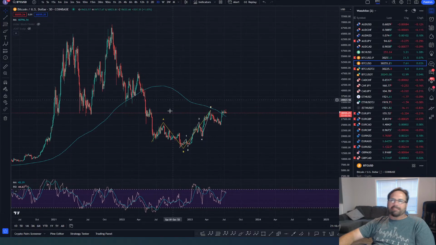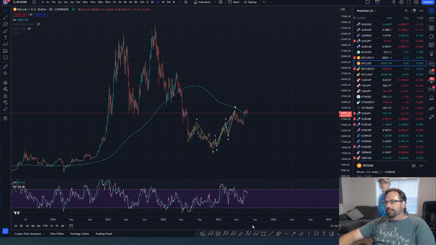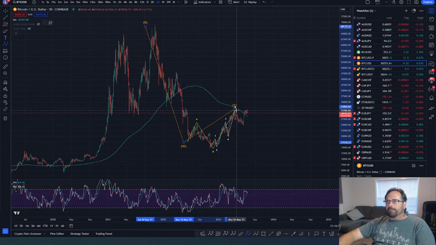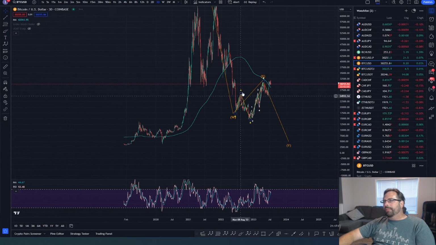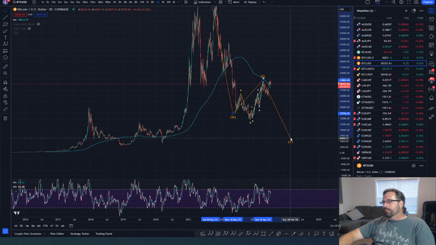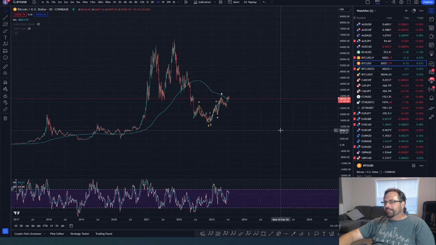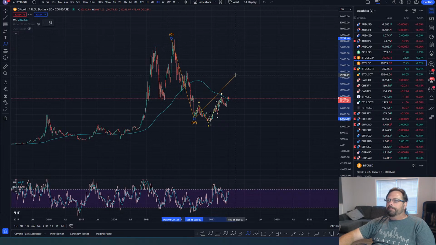Well, I don't think it's a wave 4 or a wave X of this move to the downside. In other words, I'm not seeing this as a W where this is all we get for an X and then we get a Y wave down, because the problem with that would be proportionality. We wouldn't have any proportionality to that wave at all. So I would see this as probably working its way up a bit higher if that's going to be an X wave. Now, I've been looking for it to go up to the 50K for quite a while.